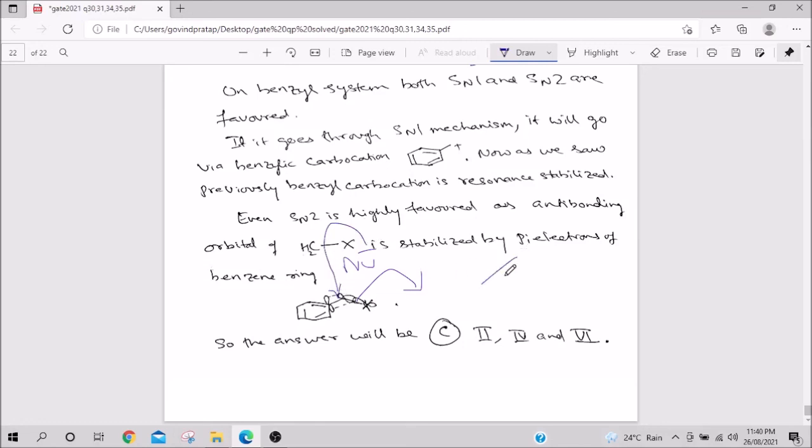Remember this. What is the allylic position? The allylic position is this. So this carbon is the allylic position. So here also the SN2 reaction is very, very favored, for the same reason, because there is an anti-bonding molecular orbital between this. Anti-bonding is the vacant one, bonding is what forms the bond, and anti-bonding is where the attack will happen. So this anti-bonding interacts with this p orbital, and therefore it is stabilized, and thus nucleophilic attack is very, very favored. So the answer is C, 2, 4 and 6.